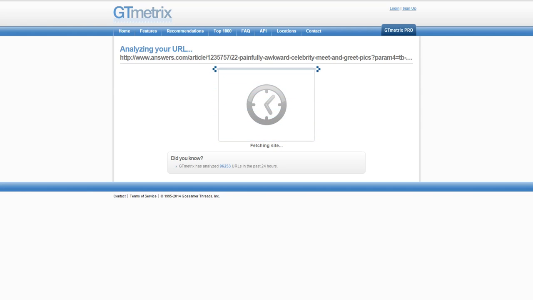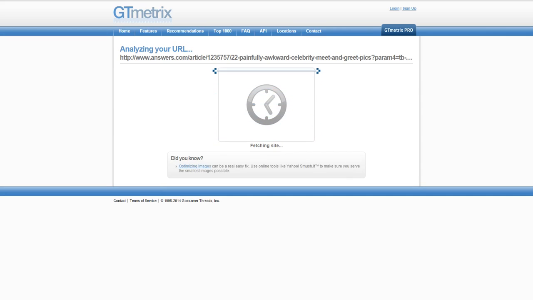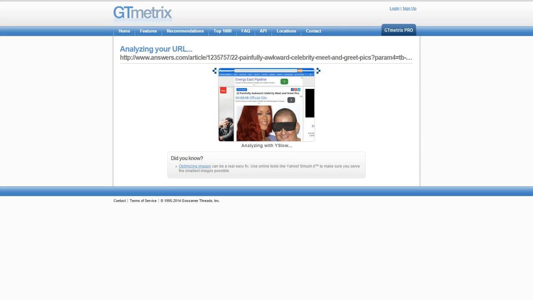And what I mean by not being accurate, on some pages it'll say it takes 20 plus seconds for it to load. Well, this isn't true. In 1 second, the website could give you all the content. But if things are being deferred and are loading at the end of the page like they properly should be, it's going to increase the load time. Not only that, but occasionally it has an issue with lazy loading of images to where it'll increase the page load time greatly. Let's see how Answers.com's article does on painfully awkward meet and greets.